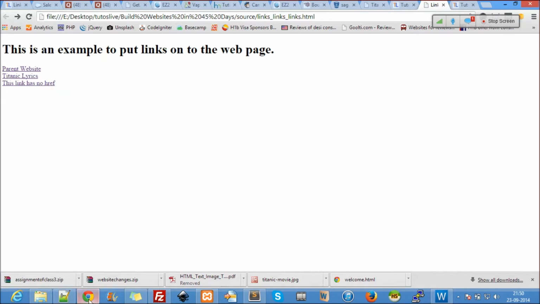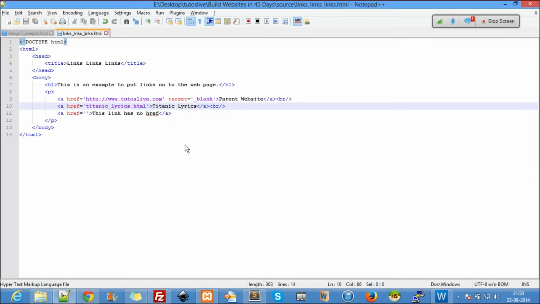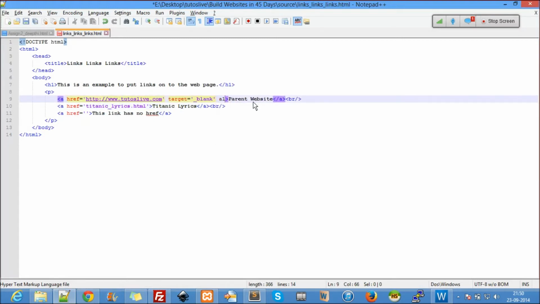Why do we need alt? Alt is for SEO purposes. If you have heard about the Google bot, whenever Google indexes your site, it will scan the links first. So the links are the most important things. Here I say alt Tutus Live website. It crawls it, and by this alt it understands that this particular link will navigate me to the Tutus Live website.